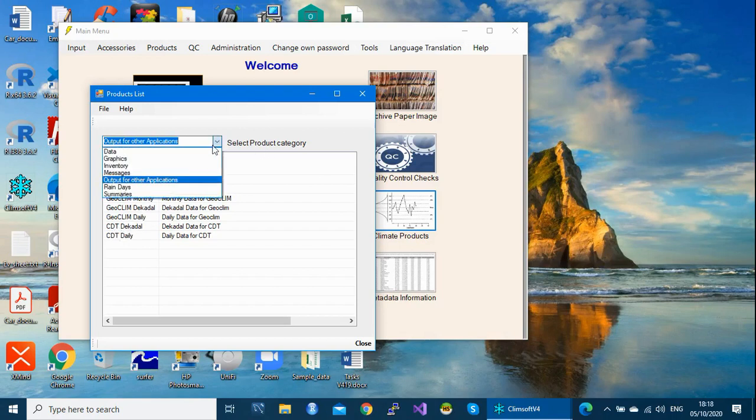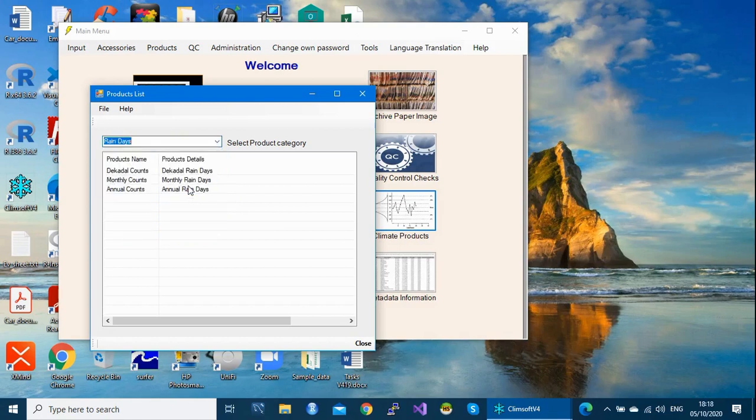Another type of product we have is rain days. So this is the number of days of rain. So the system can generate the dekadal rain days, monthly rain days, and annual rain days.